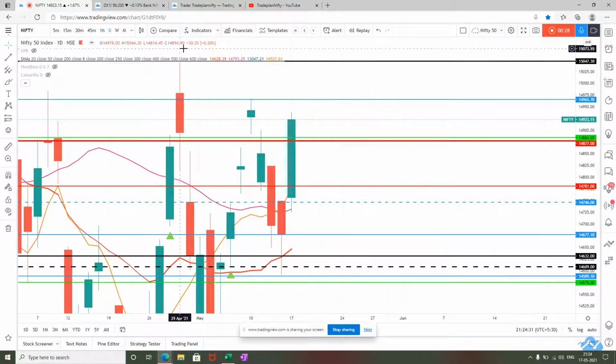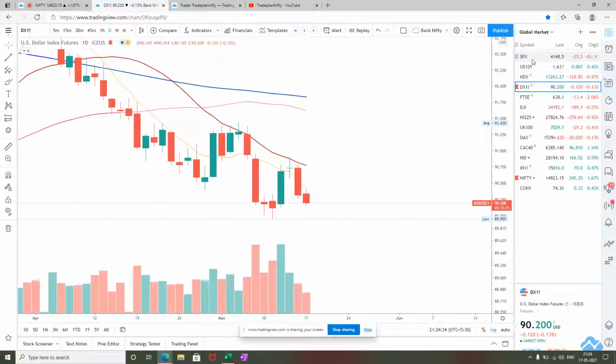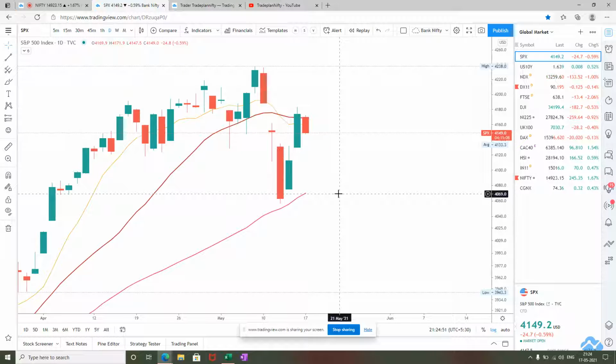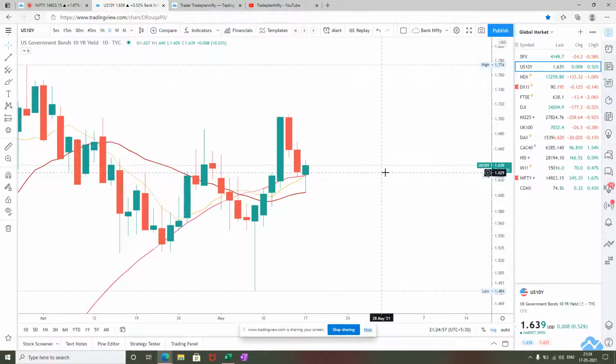Before we get into Nifty, let's see how the global markets are doing. When we look into S&P 500, it has found a resistance on the 20 bar moving average and started going down. So we see that S&P 500 may get into another level of consolidation between 4170 and 4069. This could be mainly because the US government bond 10-year yield has started moving up and has taken support on the 50 and 8 bar moving average, and is now currently running between 1.64 and 1.63. So this is definitely not a good sign for all the equity markets globally.